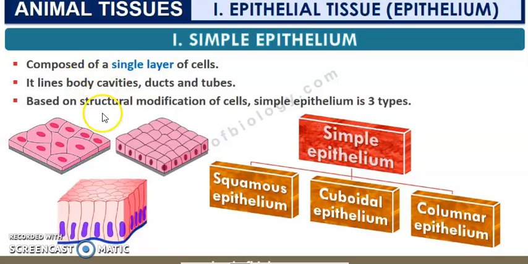Body cavity is the space inside our body. In these spaces we are able to find this simple epithelial tissue as a lining, a single layer of cells. It is found as lining in body cavities and ducts. I hope you know what ducts are. Ducts are nothing but those of the glands. They produce their secretions, and through the ducts they are sent to the particular organ. And then tubes. There are many places in our body where we have tubular structures, and in these places we are able to find the simple epithelium.